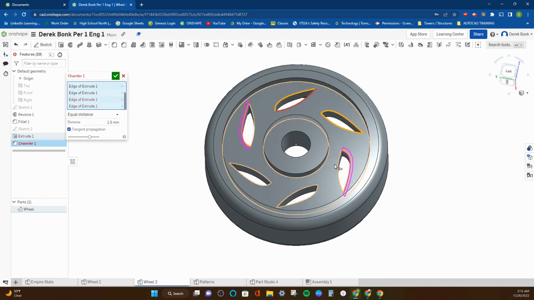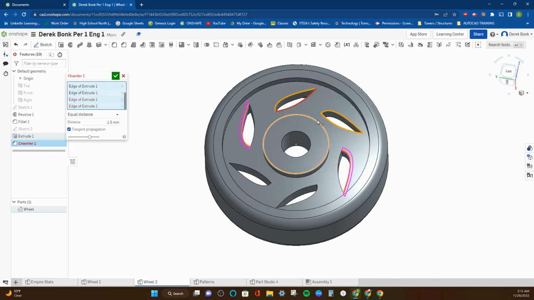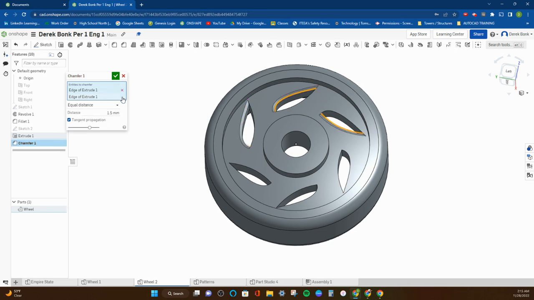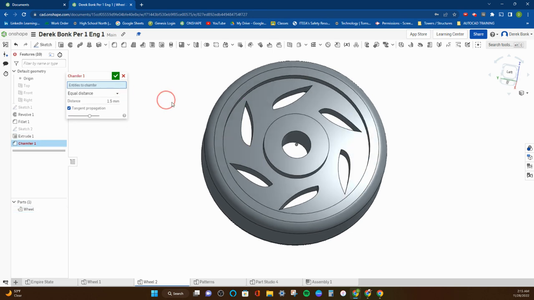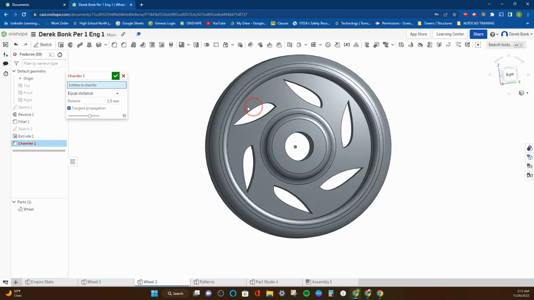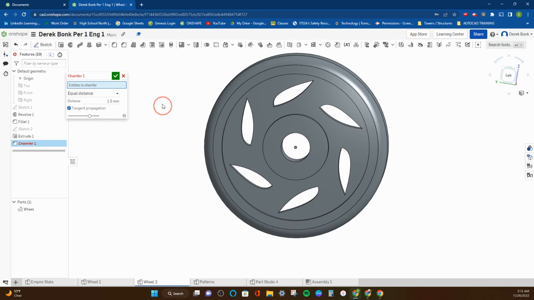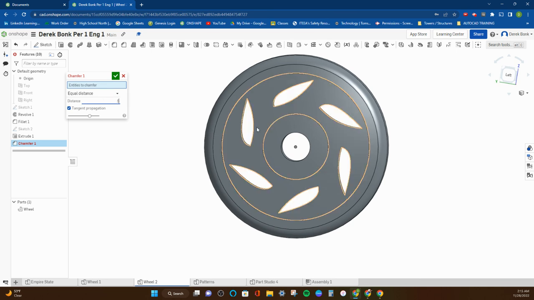I don't know why it doesn't like some of these. It's just an interference issue. Yeah, this is something that I run into a lot. There's just only so much you can know about programs and what to expect. I'm sure if I change this to like a 0.5 or something,